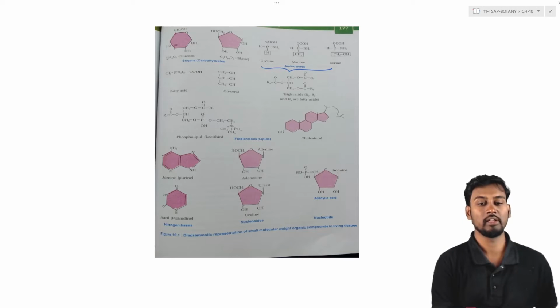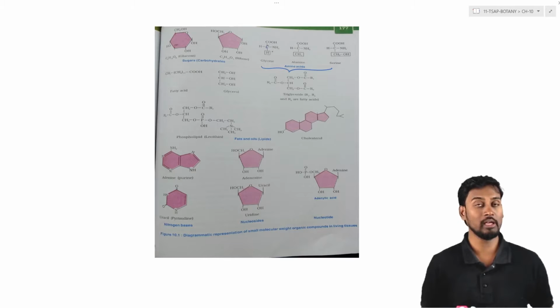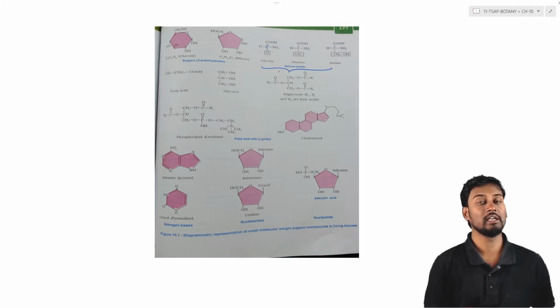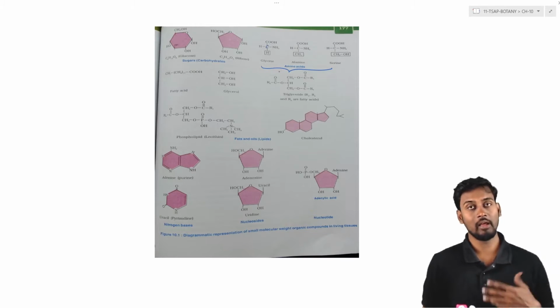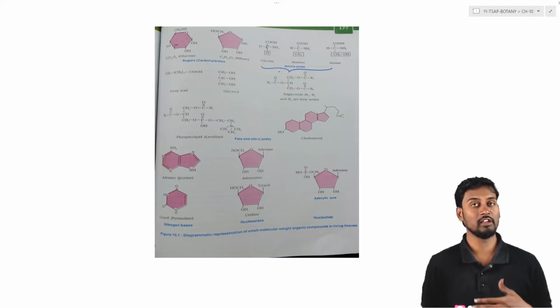The amino acids are the components which have the alpha carbon linked to the hydrogen atom, ammonium ion, and also carboxylic ion. So these are generally connected to the alpha carbon, called amino acids. So amino acids consist of all these groups which are connected to the alpha carbon, and we can also call it amphoteric, because it consists of positive and negative charge present on a single compound, called amphoteric